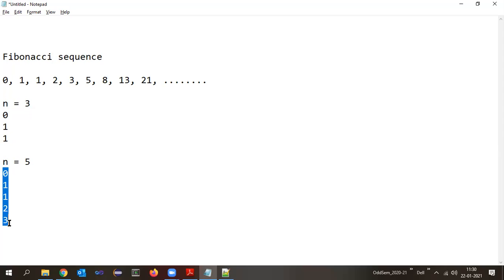So what is the initial value of the counter here? This is the first number, this is the second number, this is the third number, this is the fourth number, this is the fifth number.